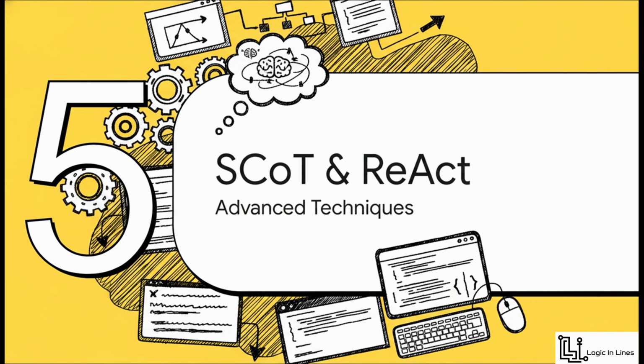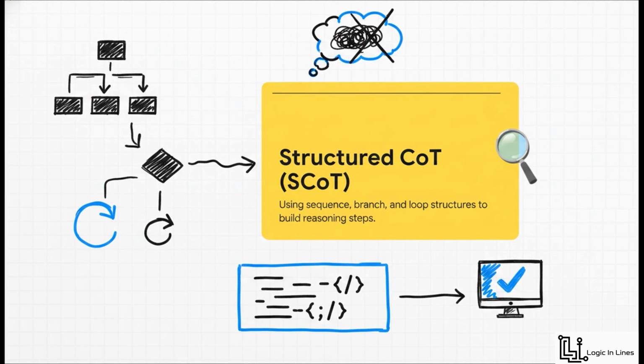Which leads us to our final stop, Section 5, Advanced Techniques, specifically SCoT and ReAct. Okay, you've probably heard of chain of thought prompting, right? Where the AI sort of thinks out loud, step by step in natural language. Well, for coding, we use something called SCoT, structured chain of thought. Instead of letting the AI ramble in human sentences, we force it to build intermediate reasoning steps using strict program structures, things like sequences, branches, and loops, along with really explicit input-output formats. Basically, we are forcing the AI to literally think in code logic before it writes a single line of the